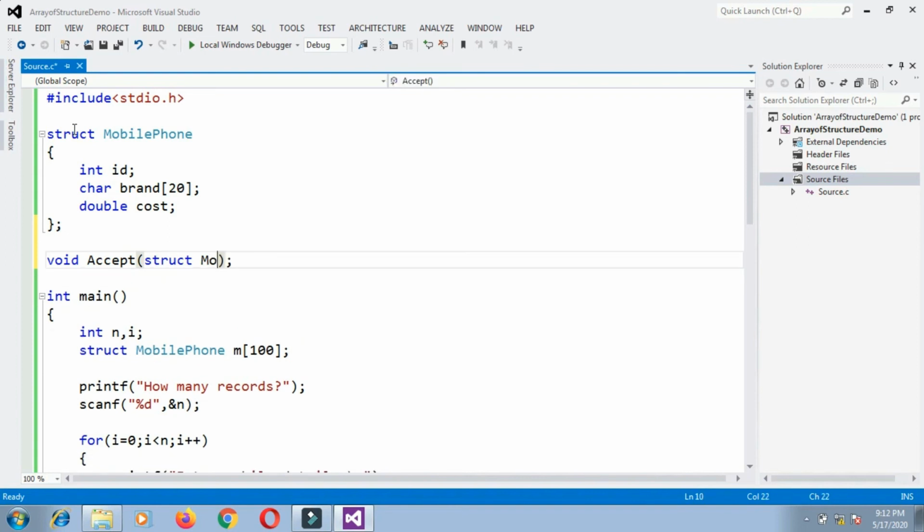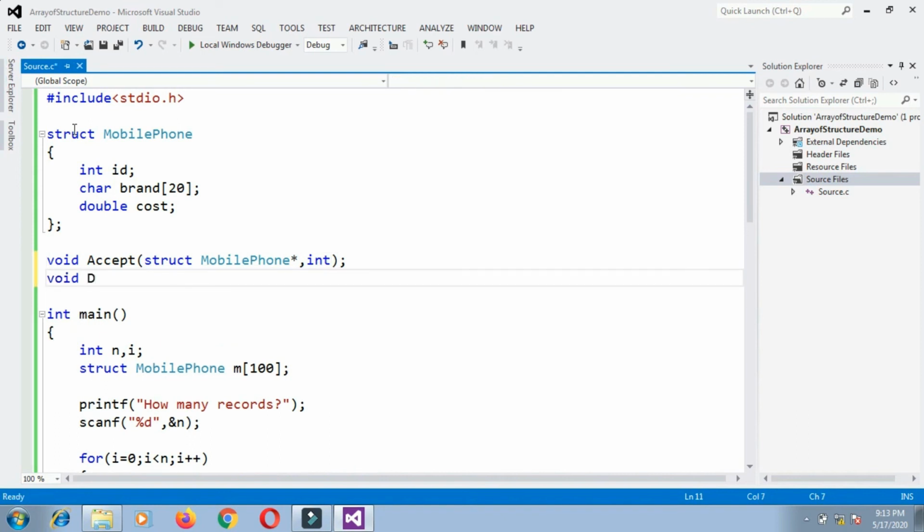How to pass array? Struct mobile phone asterisk I will write, so that will be pointer notation. Along with that, I have to pass one more integer value, which is n value, number of entries user wants to enter. Then void display function will be there. Now display function will also take the same two arguments, the array and the n value, which is number of entries.